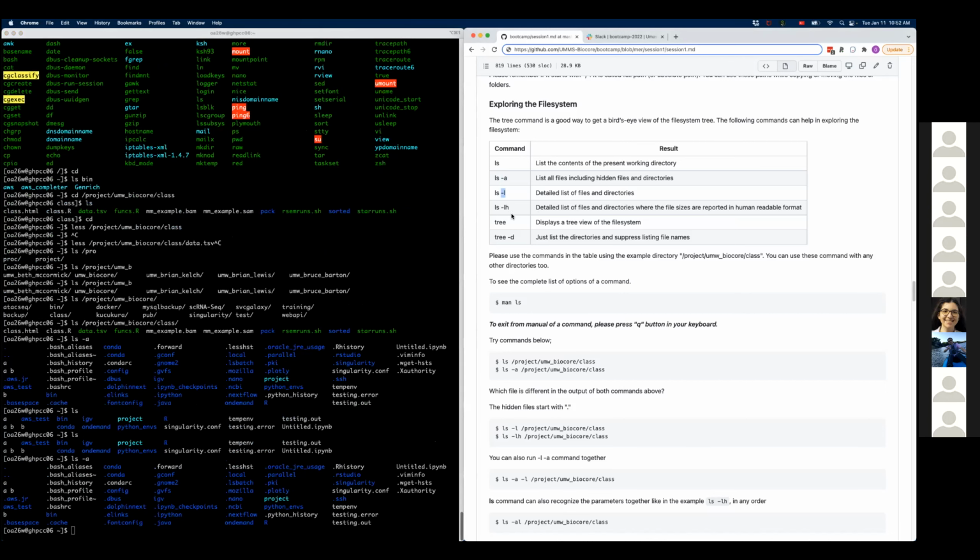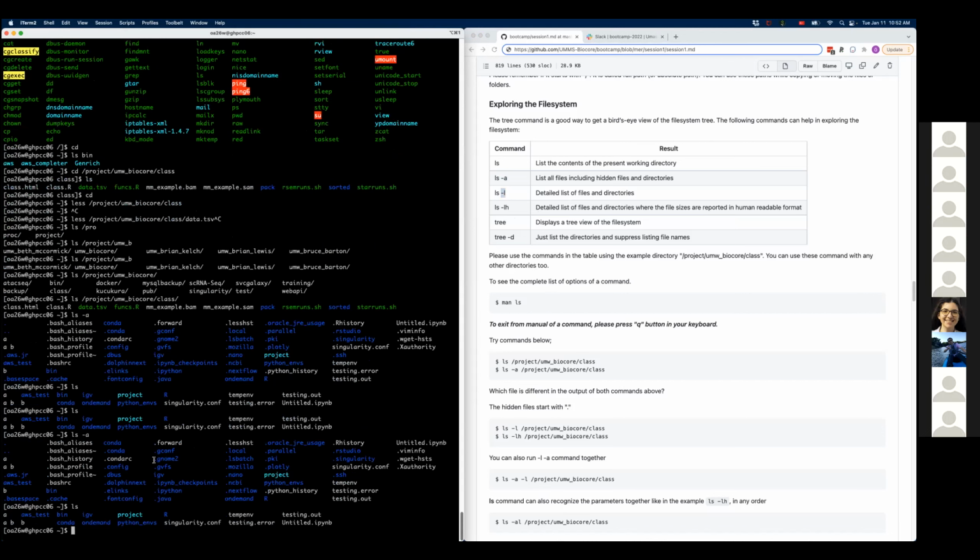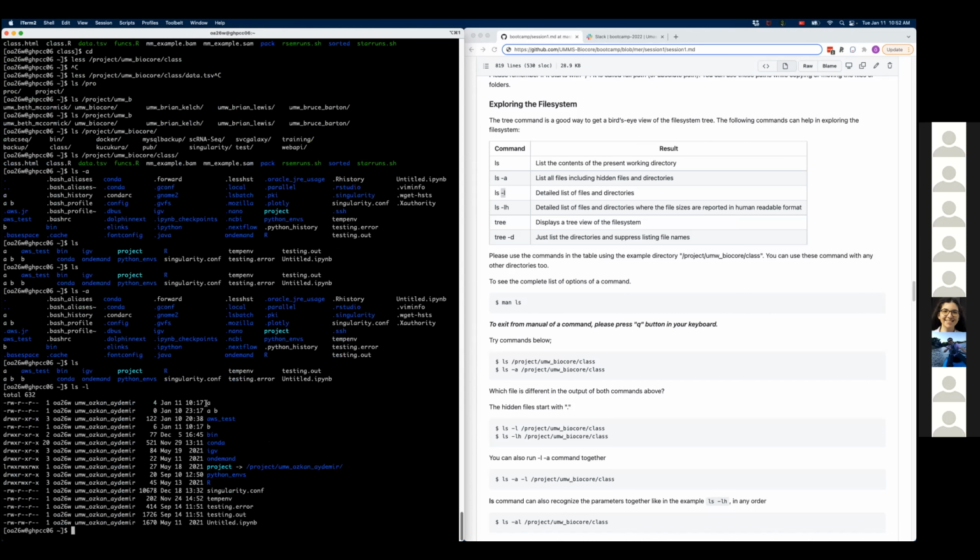Another option is L. If you do -l, it shows in the long form. So my ls shows me in this form. ls -l is going to show me the long form with each file on a single line and a lot of information on these files, right?